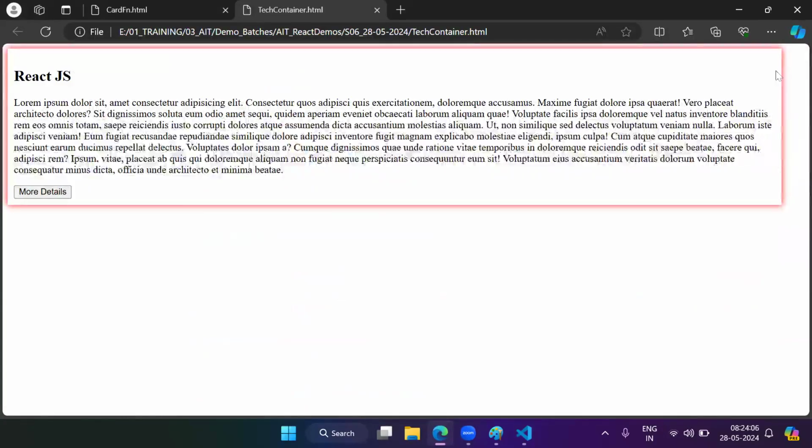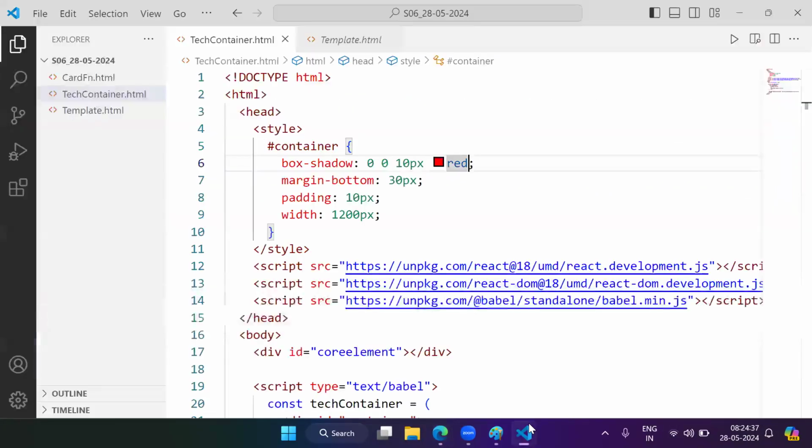Now this container, I want to repeat multiple times. Plus, in each container, whatever I will repeat, I want different data. Right now here we are displaying React data. In some other container, I want to display Angular data. In some other container, I want to display Node data. Like this, in different container, different data I want to place. Plus, I want to repeat this container. So if you want to repeat your container or if you want to pass a dynamic data to your UI,